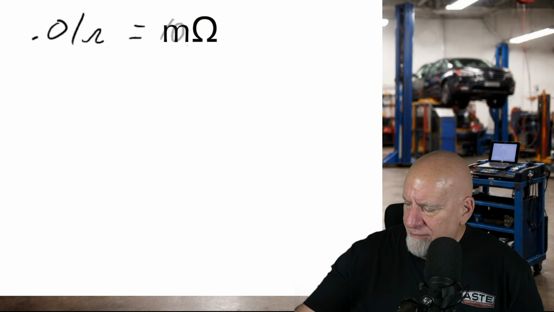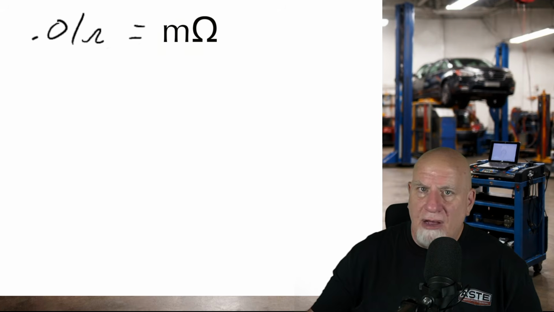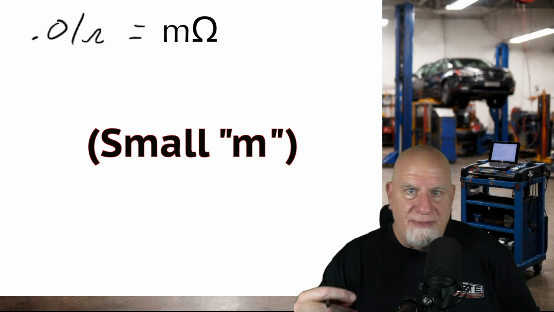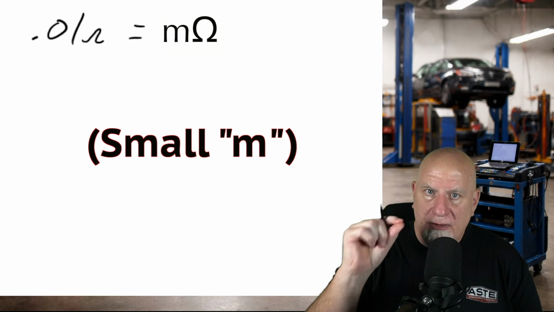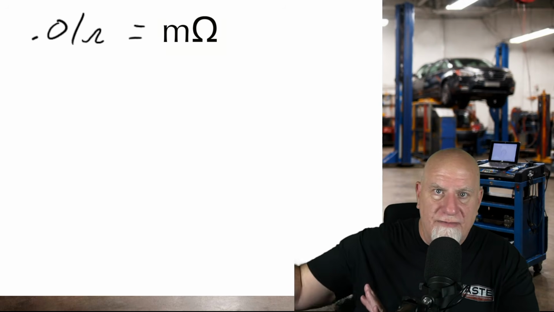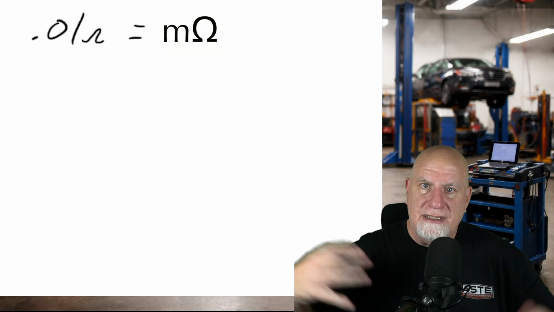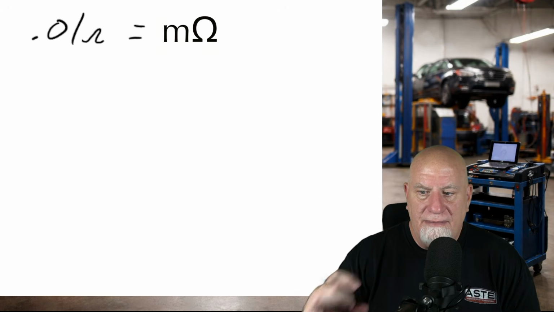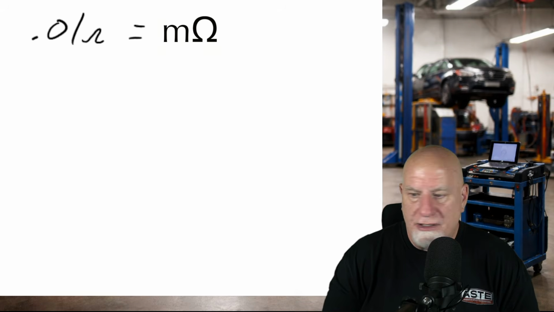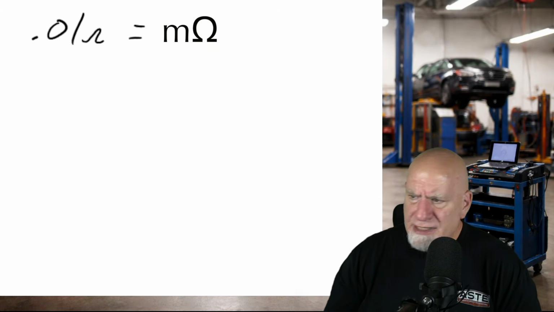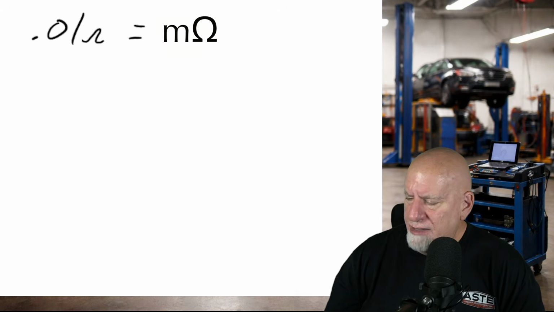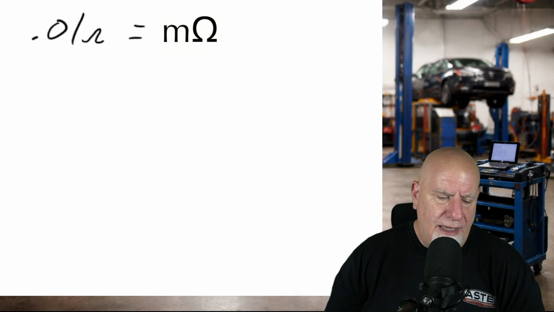What am I doing? Okay, we're going to go with 0.01 ohms, which is 10 milliohms. Now, that is a small a. Milliohms means we're dealing with a very small resistance. Eventually, in a future video, we'll talk about megaohms, which is a ton of resistance when we're measuring insulation in high voltage circuits. But for the sake of this video, today we're going to talk about milliohms and some